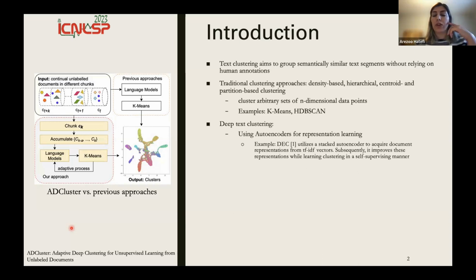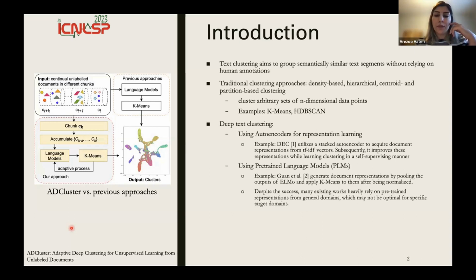Also, with the great success of pre-trained language models, there has been some work using these PLMs for clustering, and these works usually just use PLMs for making document representations, and then they apply the clustering algorithm on these representations.